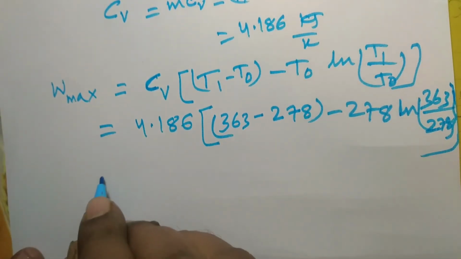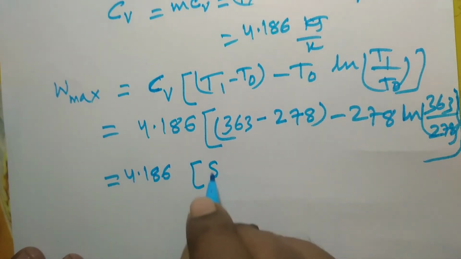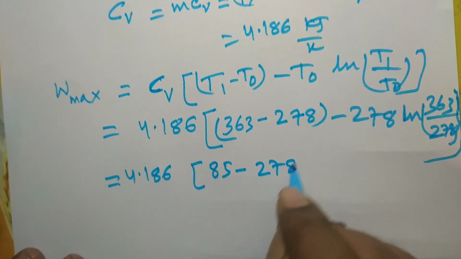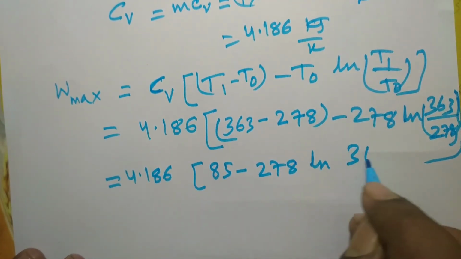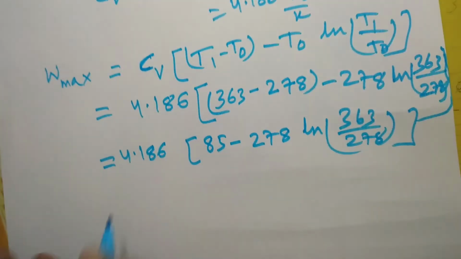So this is equal to 4.186 (85 minus 278 ln 363 by 278),